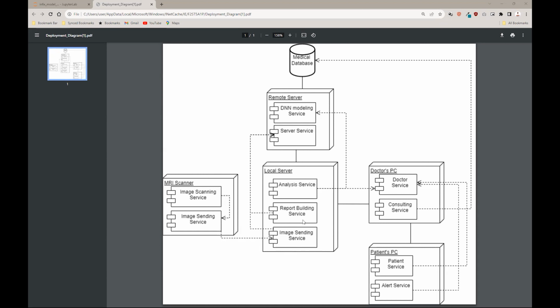And then on the local server, we have the analysis service, which does the analyzing of the image with the model that was shared earlier. On this analysis service, we get the image to be analyzed, and then that image is sent to the DNN modeling service, which is on the remote server. Through this request call, the image is sent, and then we get the verification of the category to which the image belongs. And once that analysis is done, it is redirected to a doctor's service